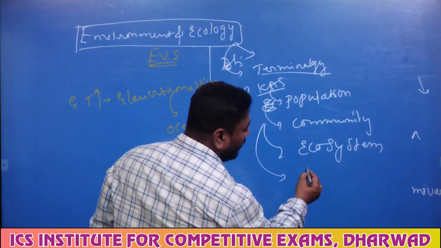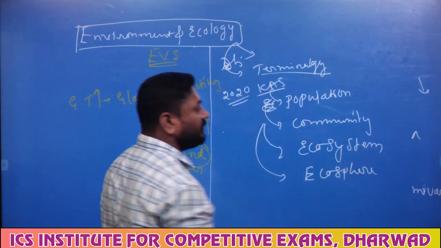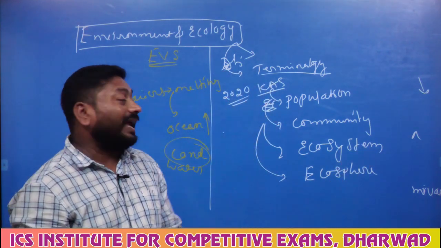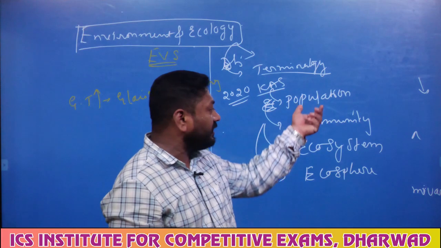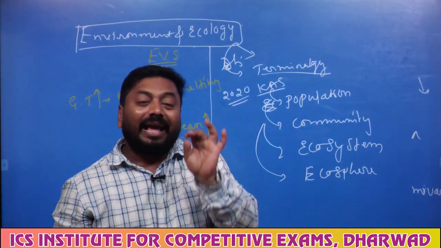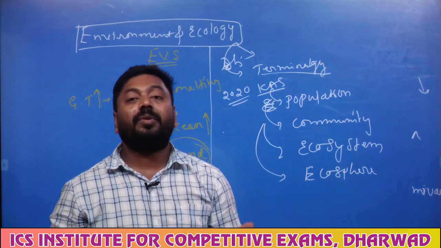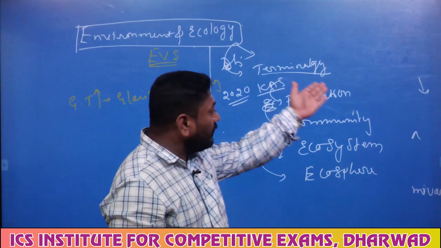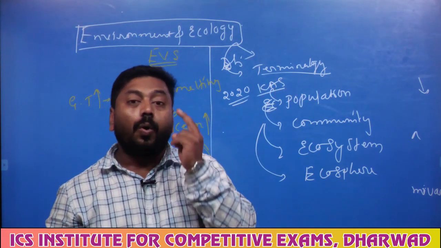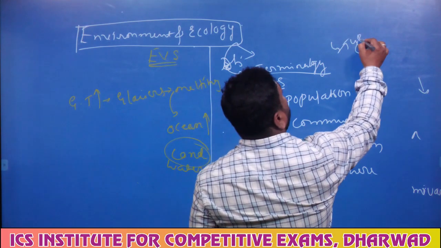Ecosystem, and we have an ecosphere. In the 2020 paper, we had a question: match the following environment terminology, that is population, community, ecosystem and ecosphere. So please try to remember, everything on the surface of the earth is defined based on human activity. The best example: all these terms depend on only two things, one being the type of organism